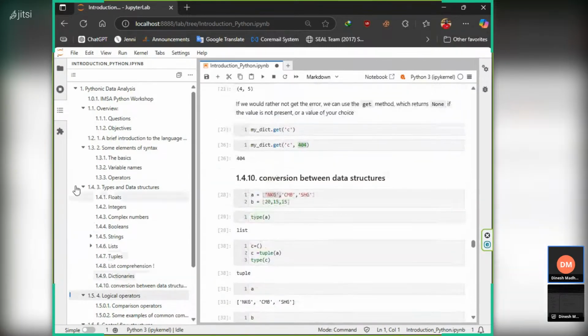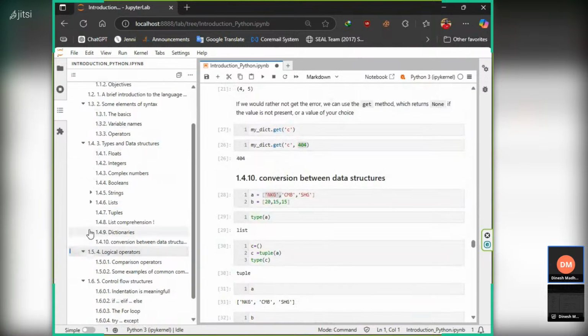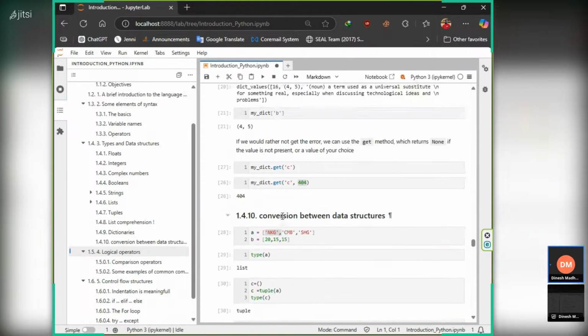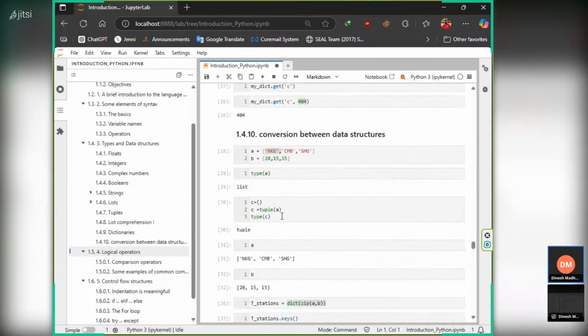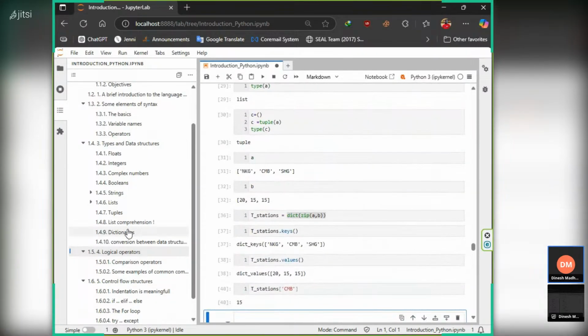Here we discussed the data types. Now we have discussed how many data types: float, integers, complex numbers, boolean, strings, list, tuples, and then dictionaries. This one is the comprehension. This is what we do using the zip command. So that's why we use the zip command. So you need to know about all the data types that we are going to use,